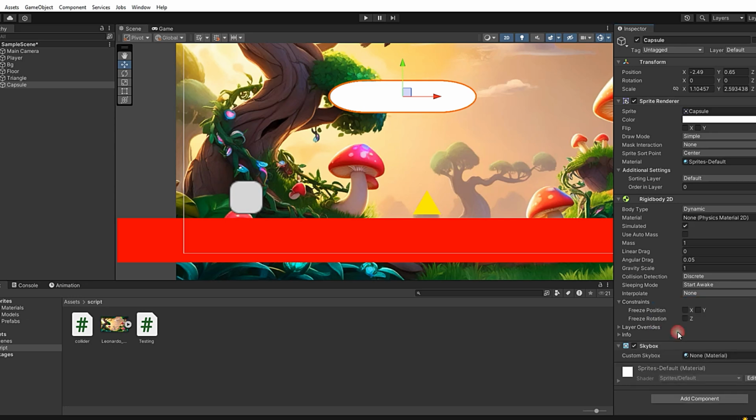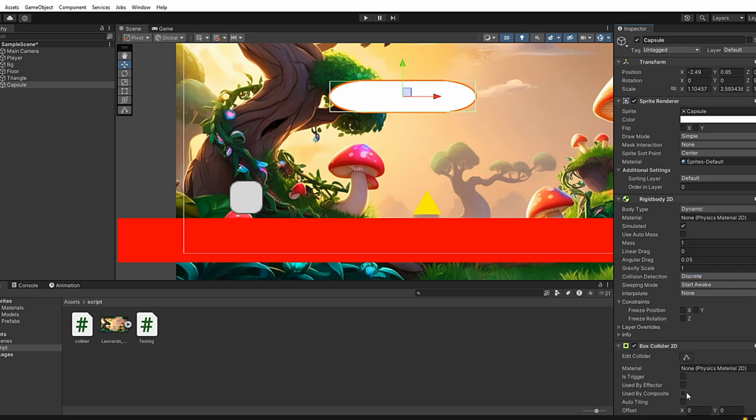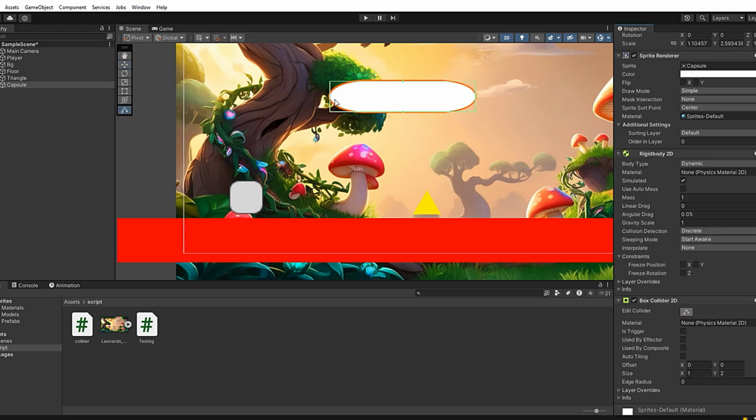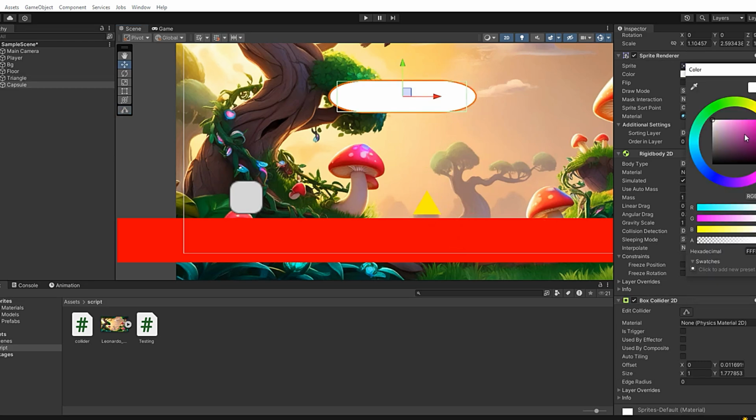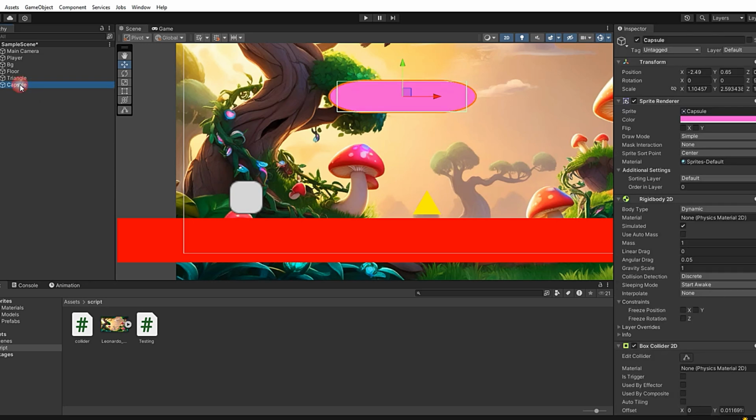Box collider is, oh no, what was that? You can change that according to your needs. Okay. And then I'm going to change the color to something beautiful like, no, no, no. Yes, this is very beautiful. So that is my